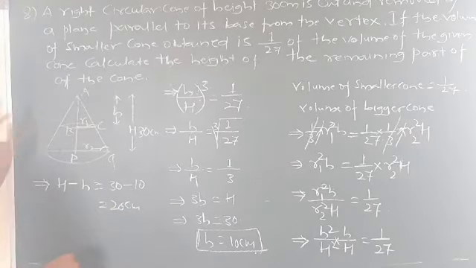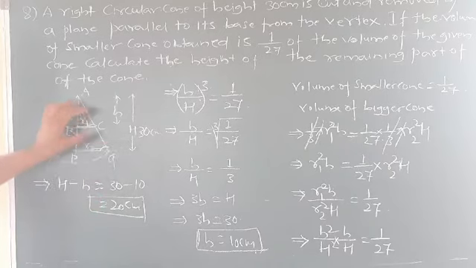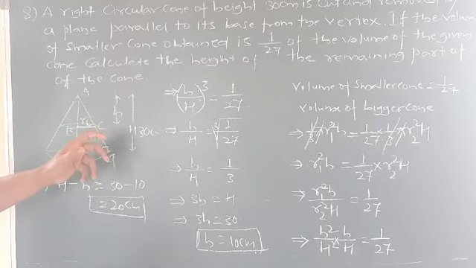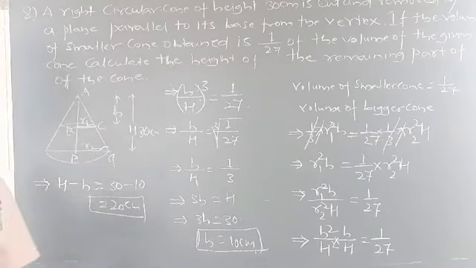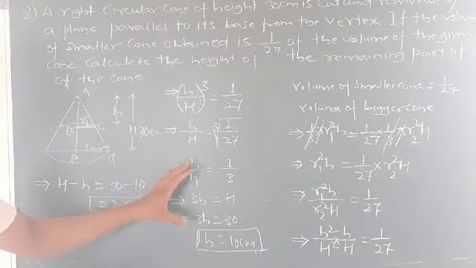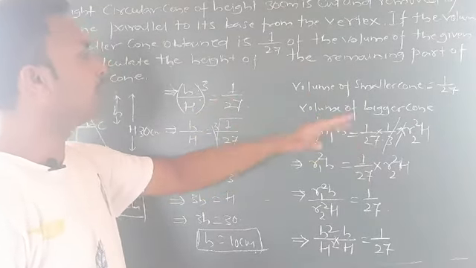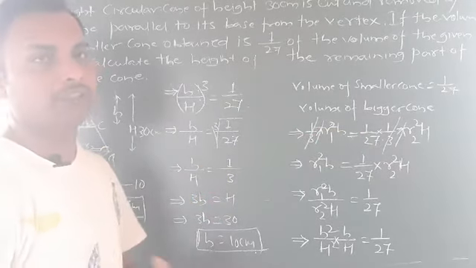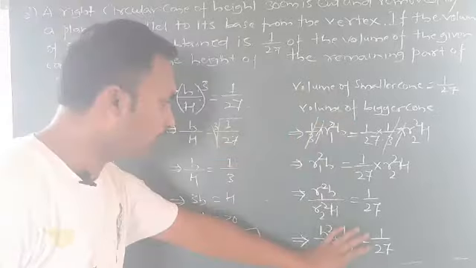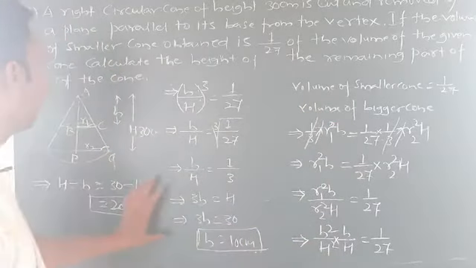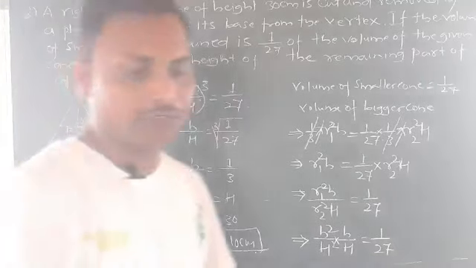This is very simple. If this type of problem comes, what you need to do is first of all consider two triangles. Corresponding angles will always be equal, then you will get 90 degree, and then show that the triangles are similar. Once the triangles are similar, go for sides are proportional. So write that, then substitute all the values. Sometimes they give a cone, sometimes a cylinder, whatever they give, just take it and substitute all the values, and you will get your desired answer. I hope you understood very well.